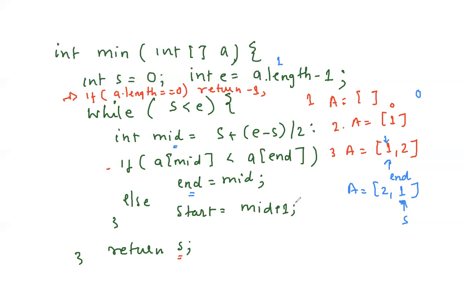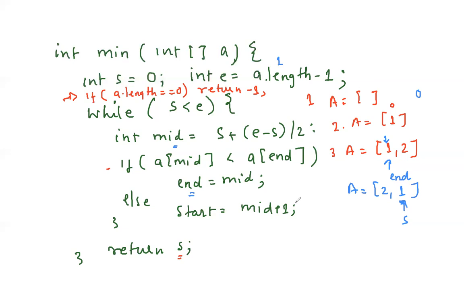Okay, so another question on this same topic is, find the rotations. How many number of rotations are there in this array? Given the sorted rotated array, we have to find how many times it was rotated. So what we will do, whenever we get our index, like the minimum index, minus total number, A dot length minus start.